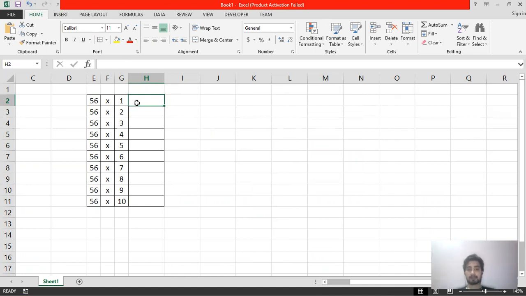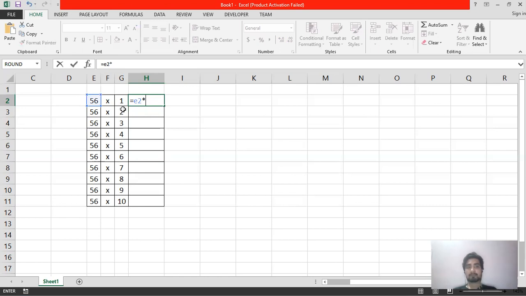For that, I need to write a formula. Formula always starts with equal to sign. So first give the equal to sign. Name of the first cell here is E2. So write E2 there. Then what type of calculation you want to do? So we want to do multiplication here. So use the multiplication sign, that is the asterisk symbol, or you can say star symbol.